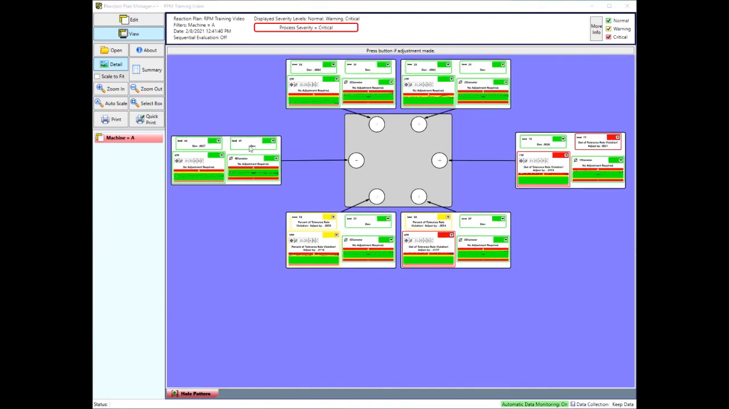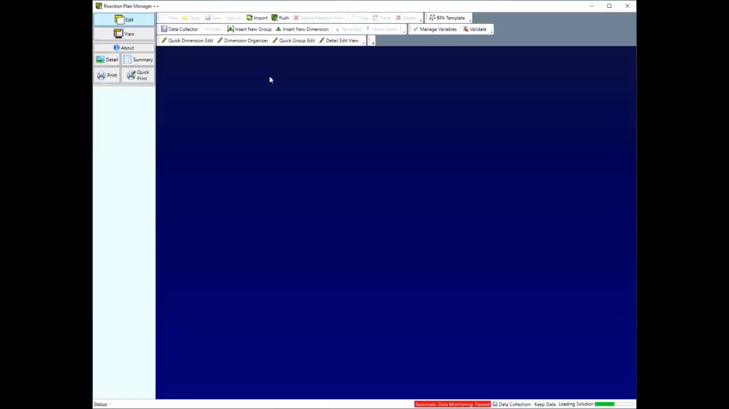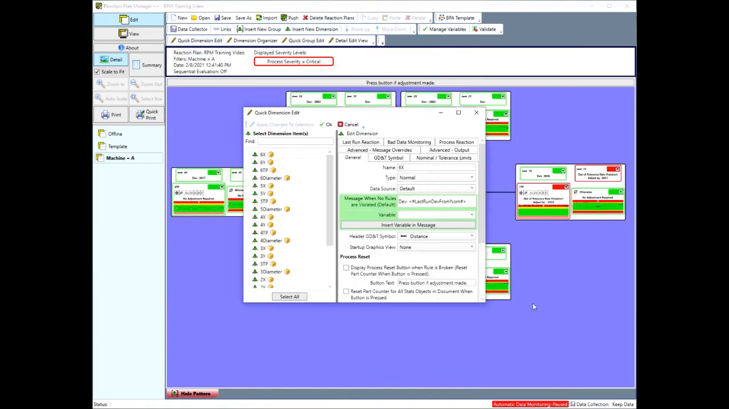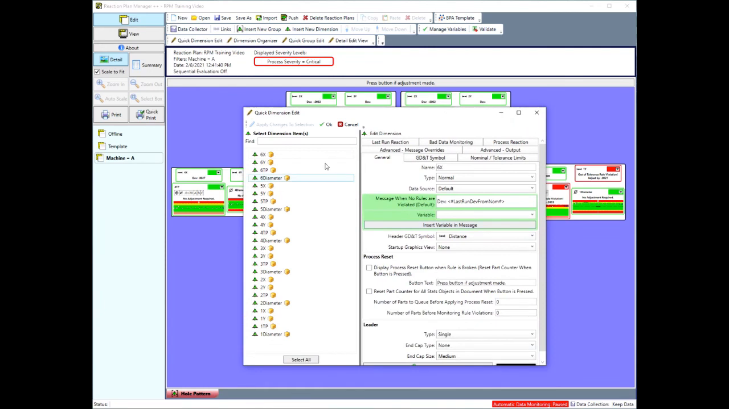Something I noticed, I didn't put the deviation from nominal for the Y dimension. So let me go ahead and fix that. I'll go to the edit mode, choose the quick dimension edit,